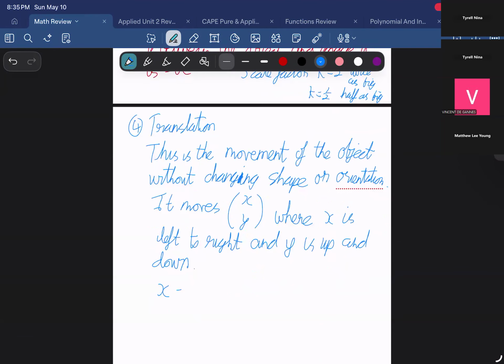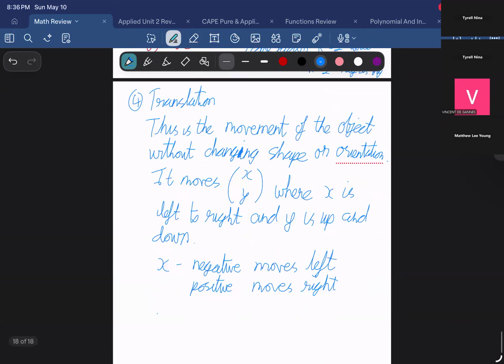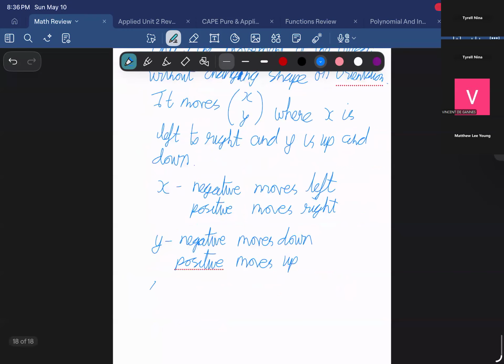If X is negative, that means it moves left, positive moves right, and then Y, negative, moves down, positive moves up, right? So let's say I have 3, minus 1 moves 3 units right, and